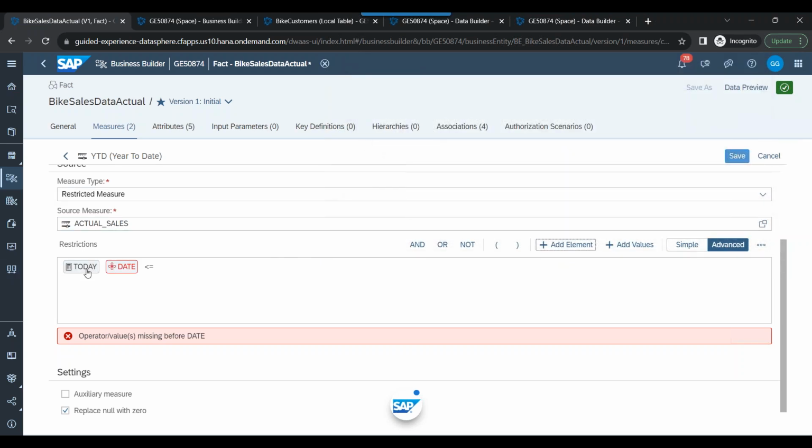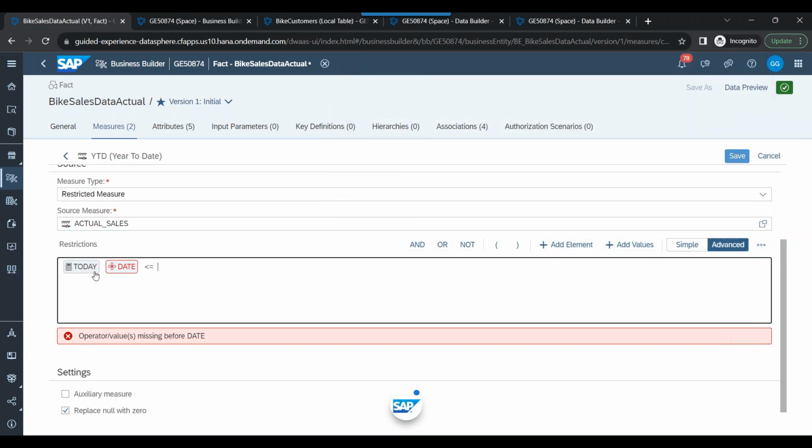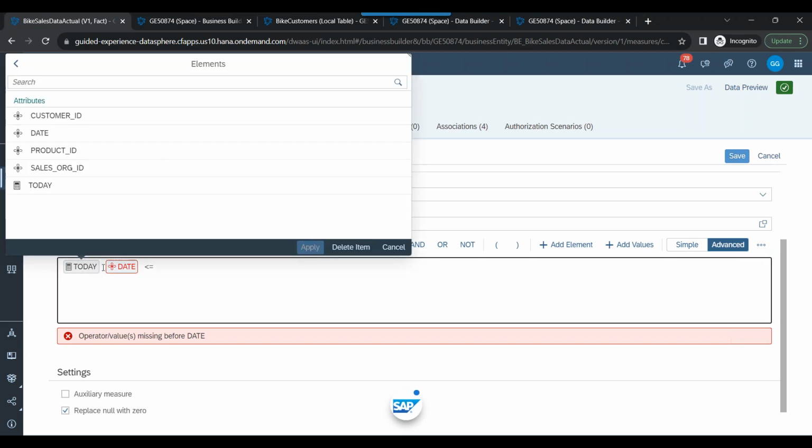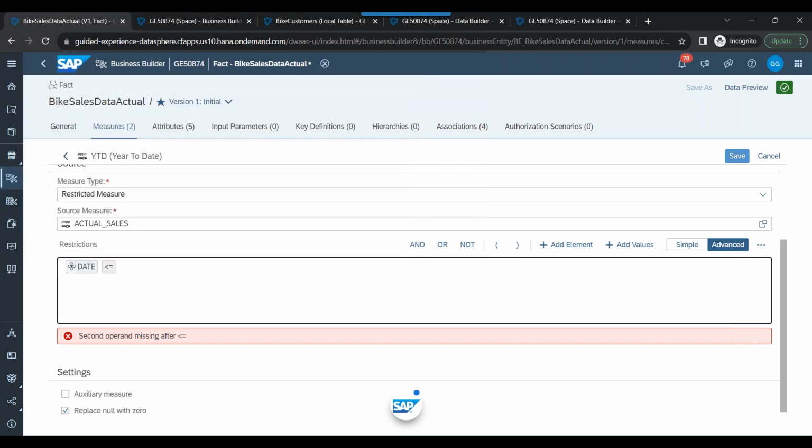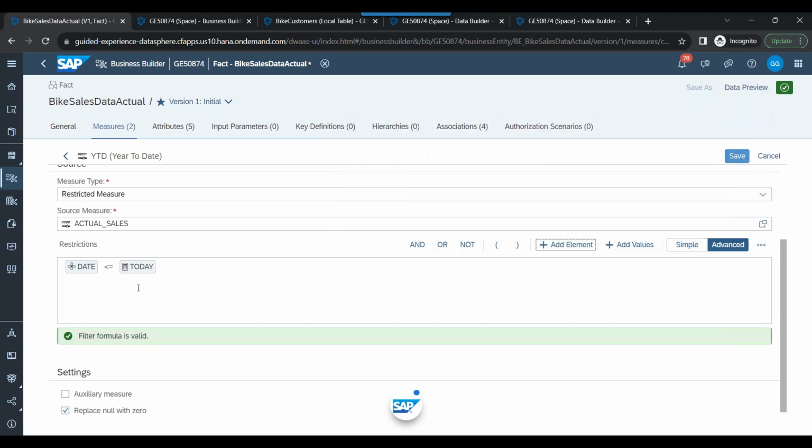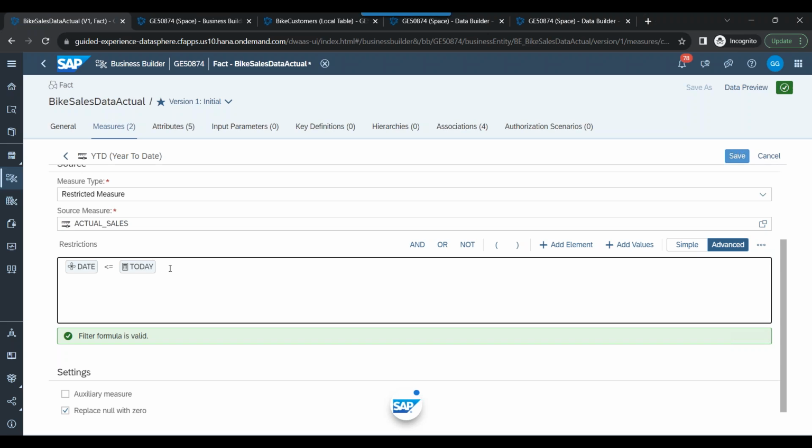You see, this is a serious bug actually. SAP needs to improve the experience. It is a serious bug, you see. I don't like this formula builder. It has some serious issues. Okay, now it's correct. So where date is less than today's date and